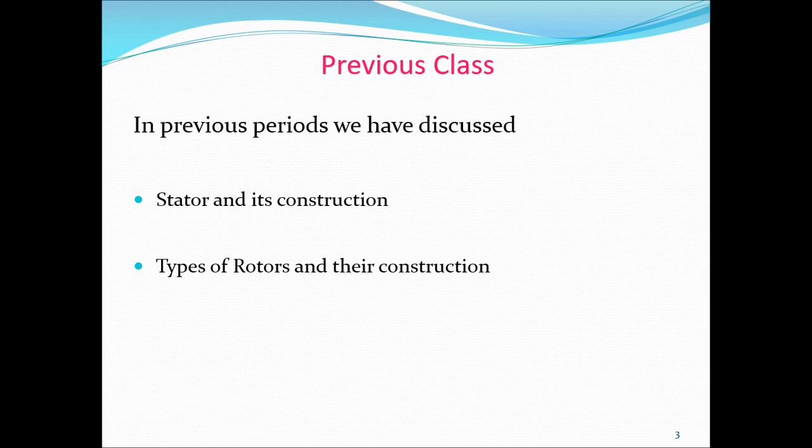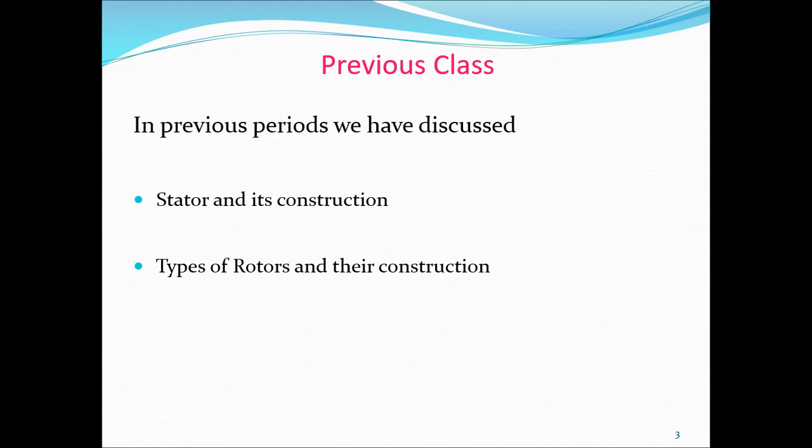So because of that, then what happened? The speed changes. If the fluctuation of the speed is more, then what happened? The motor will come out of synchronism. That is, the magnetic locking between the rotor and the stator magnetic poles is lost, and the motor stops. So to prevent this hunting, the disadvantage of synchronous motor is that it contains the hunting phenomenon. How can we prevent this hunting? By providing this damper winding.